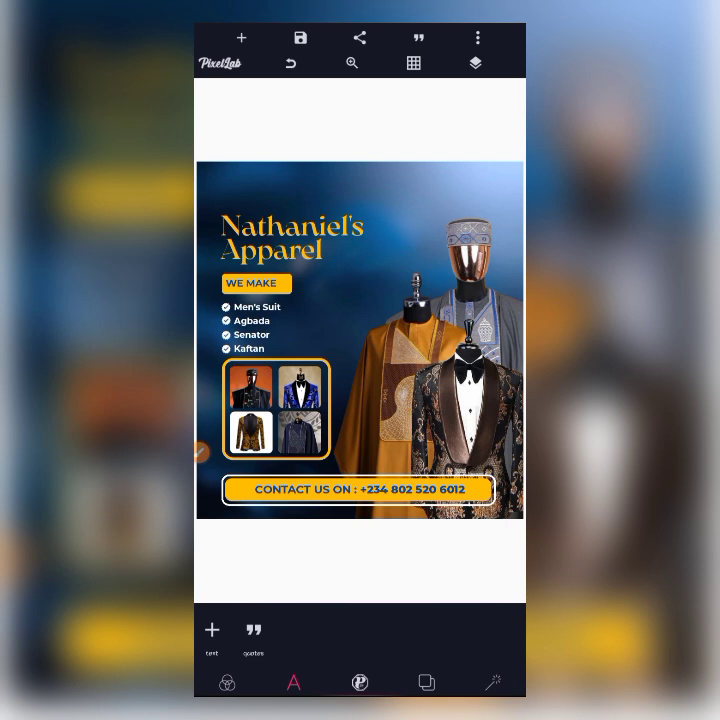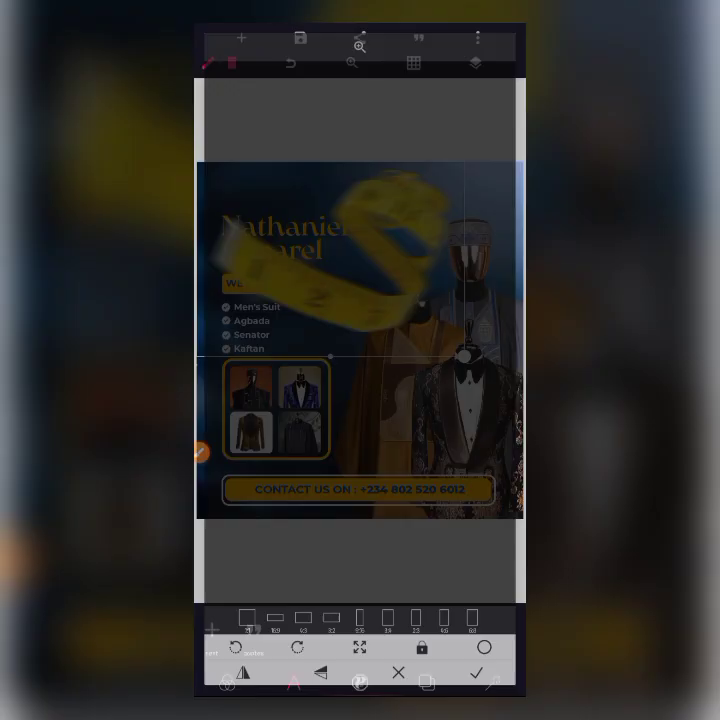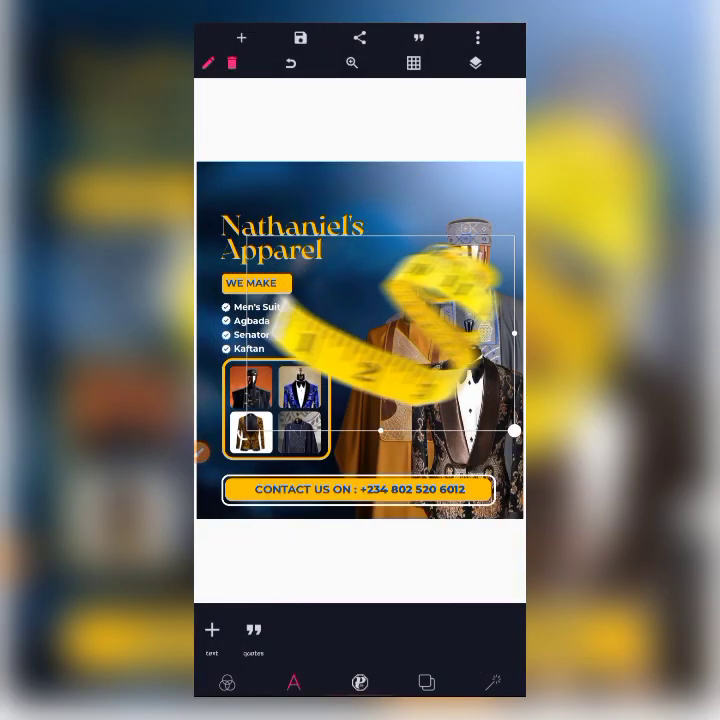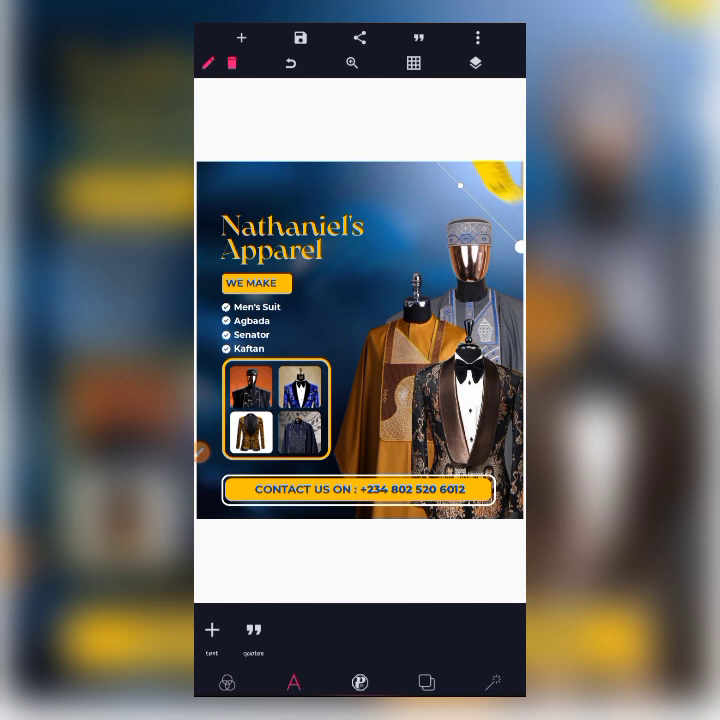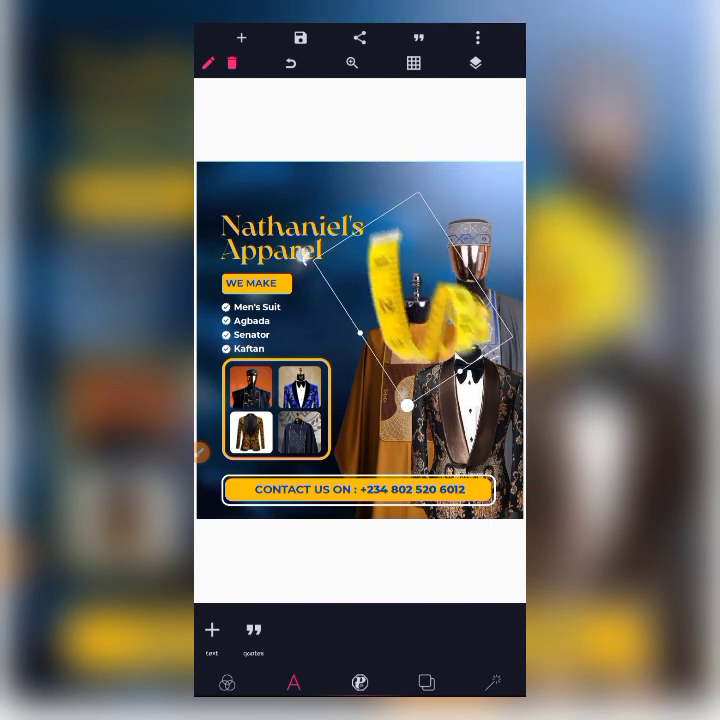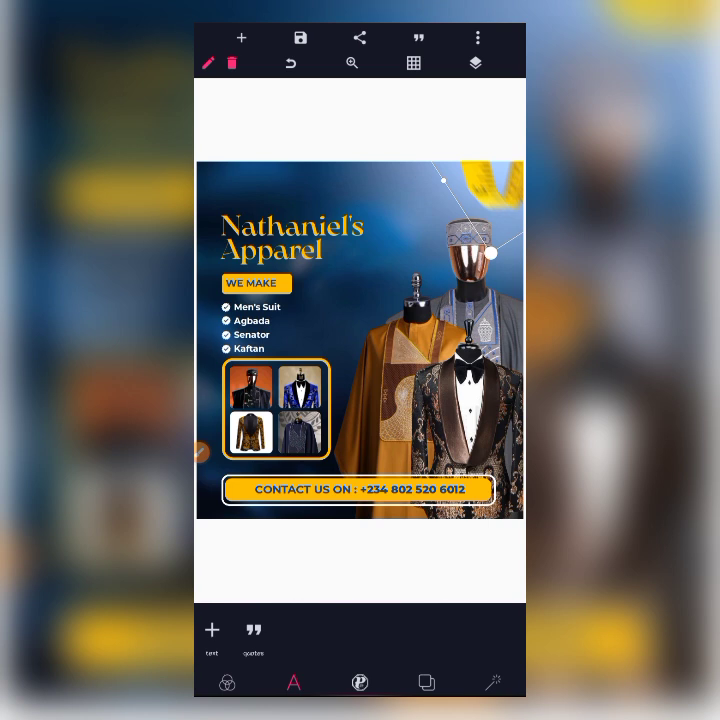The next thing, we're going to import another resources from our gallery, this table. Can just place this here. So this is just how you can create this beautiful and eye-catching tailoring flyer using your smartphone. Then we are going to save it. Click on this save icon. You click on this save icon,